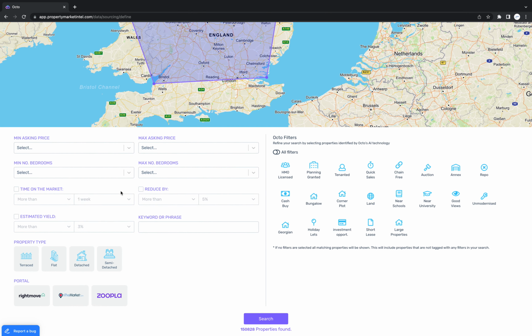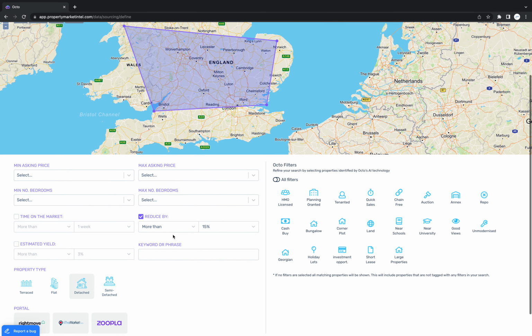We'll then see reduce by, and we'll go, let's say, reduce by more than 10%. So we can see that's instantly brought the number down to around 2,000 properties. We can push that even further and look at properties that have been reduced by 15%. In this case, we're just going to look at detached properties. So we can see now we've only got 248,